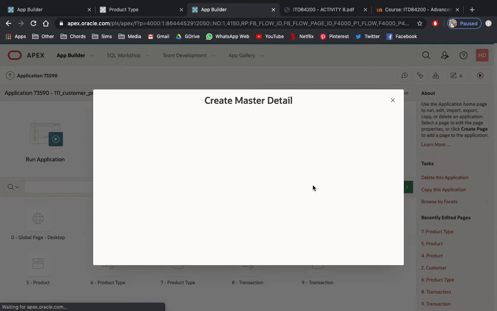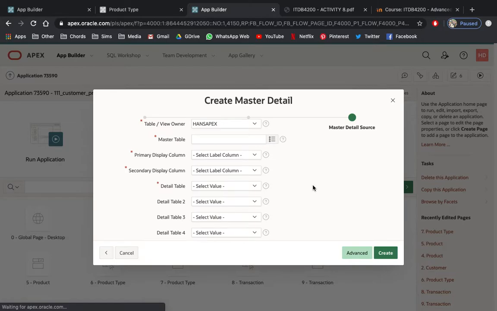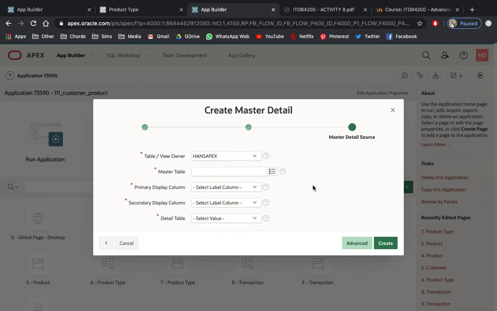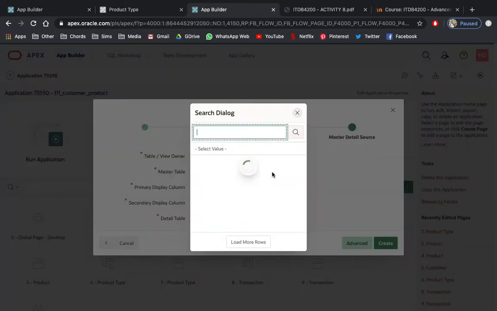This takes a bit long because we're creating master details. All right, there you go. So the master detail table should be selected, and first the master will be the customer. Let's wait while loading.